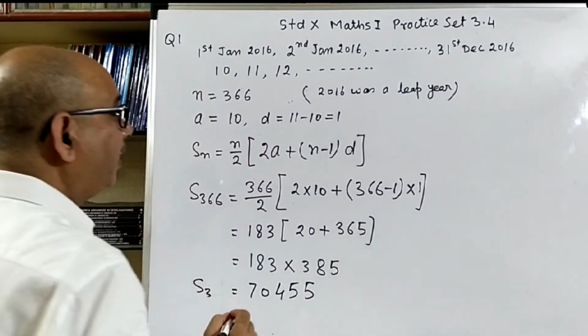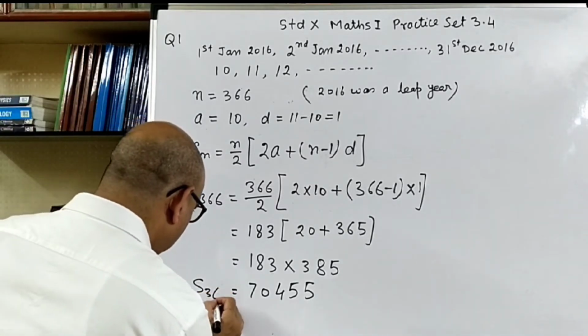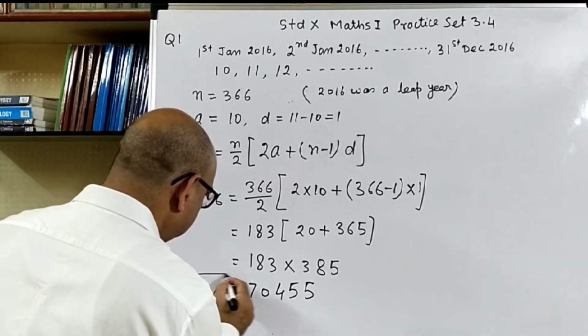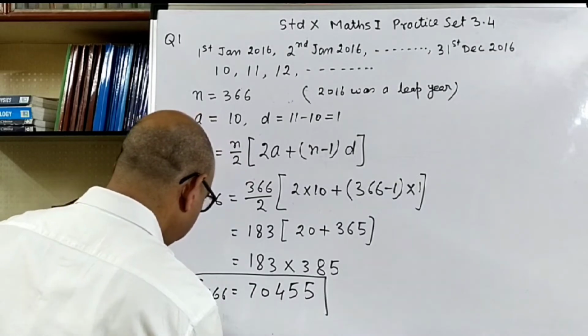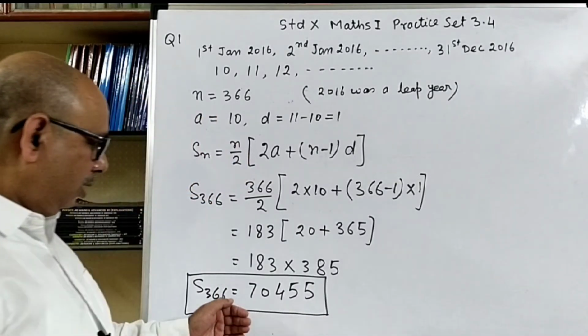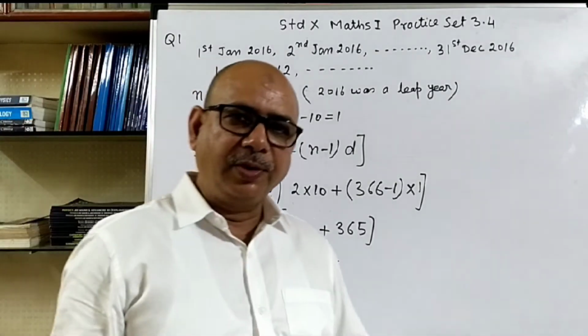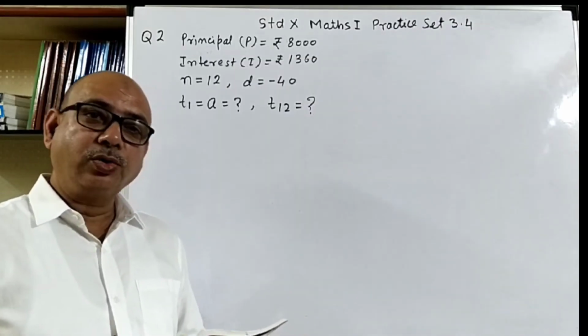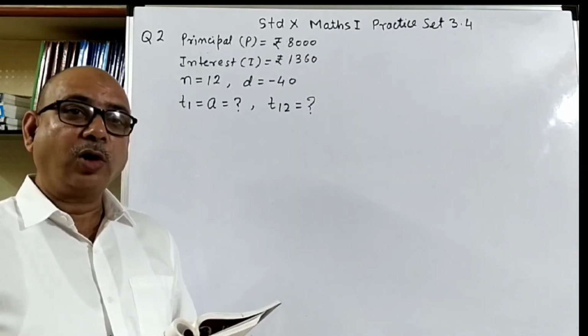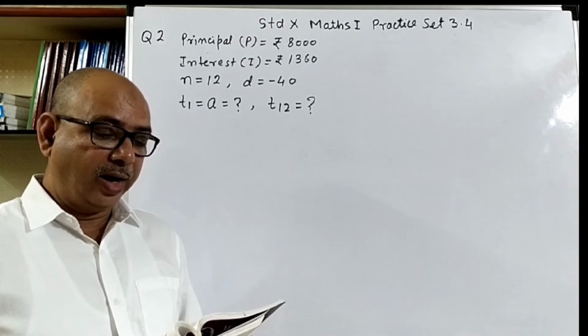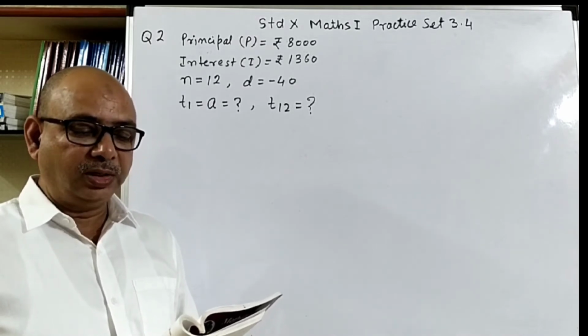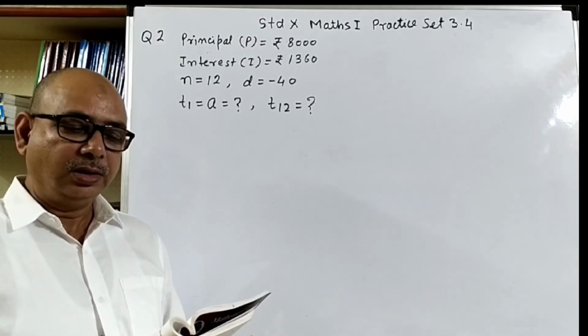That means on 31st December 2016 the total amount saved is rupees 70,455. Question number 2. A man borrows rupees 8,000 and agrees to pay a total interest of 1,360 in